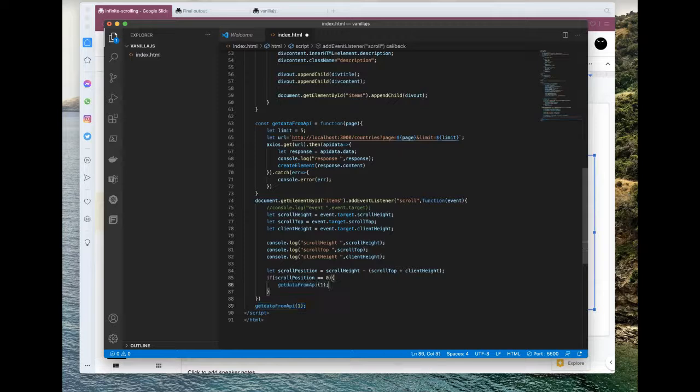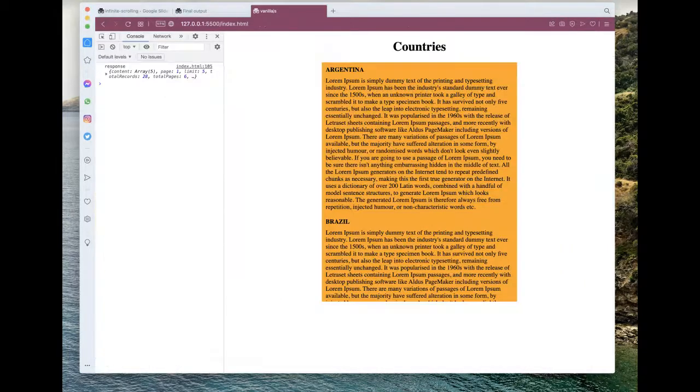In order to maintain the value of the current page number, we need to have a global variable. Here we have to increment the page. Now let's refresh our page and see the results.